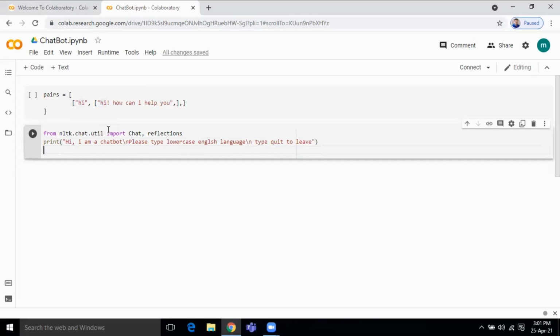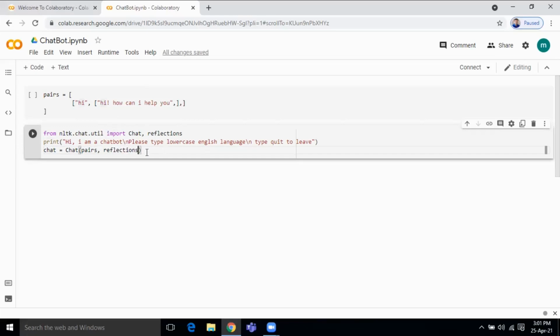This is written in a print statement, and in order to create a chatbot, let us take chat equal to Chat(pairs, reflections).